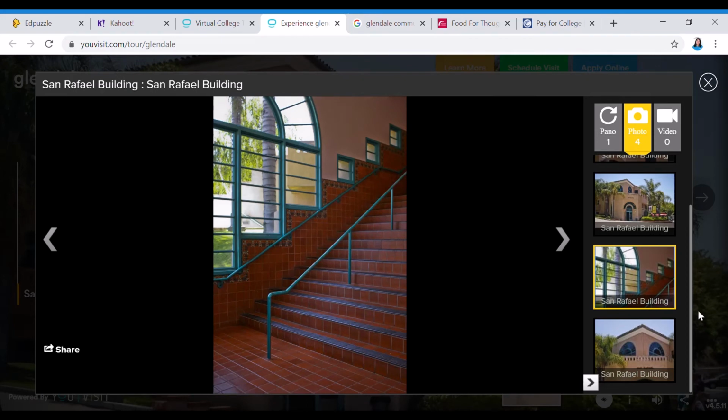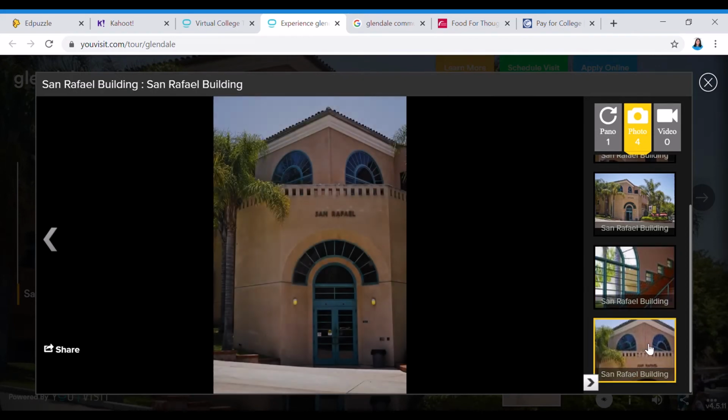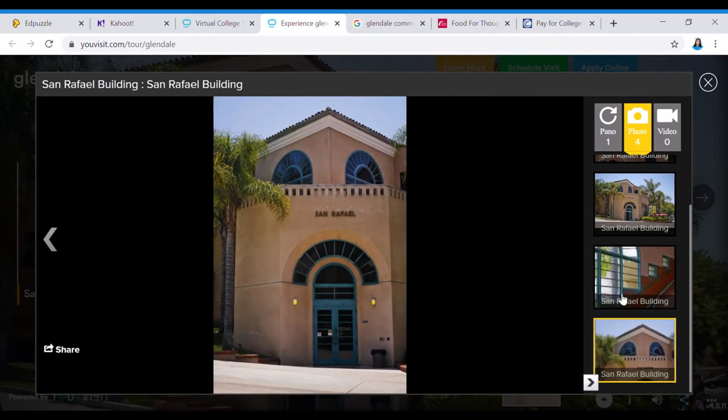Very Spanish style building. So as you guys can tell, every school has its theme as far as what their architecture looks like. So this to me screams Spanish style. I don't know if I'm right, but I'm just gonna say it. Okay, so